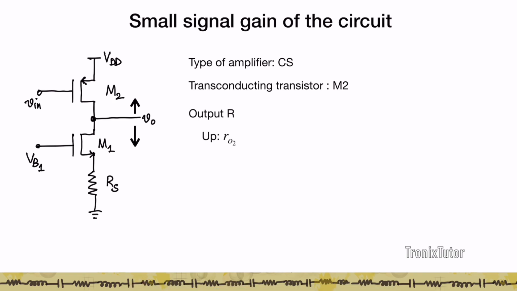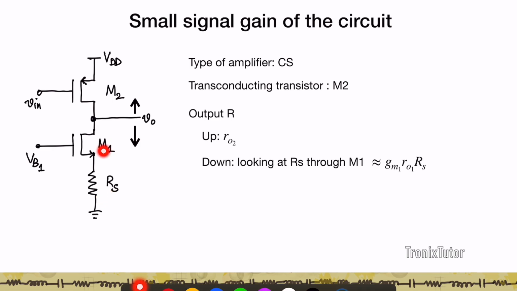Looking down, what do I see? Looking down, I see this RS, which is a resistor connected in series with a transistor M1, which is biased in saturation, right? So if I'm at the output node, I'm looking at RS through the drain source path of M1, and we've looked in the previous videos that this RS therefore gets morphed into a larger resistance whose value can be roughly written as GM1 into